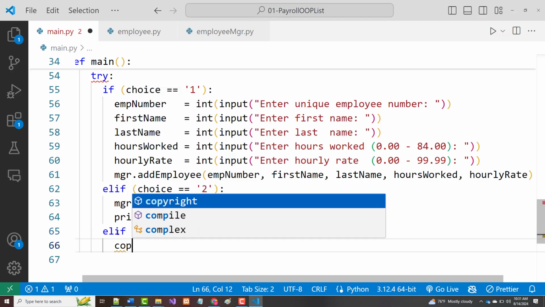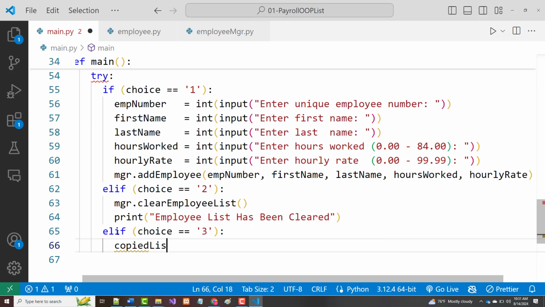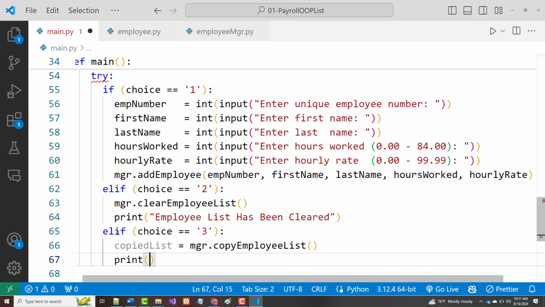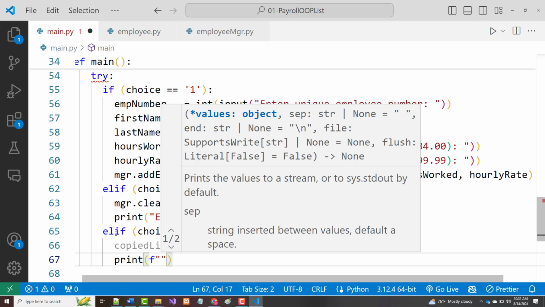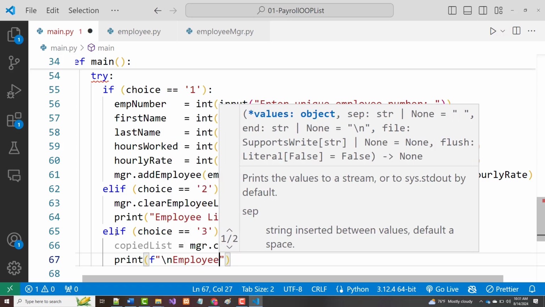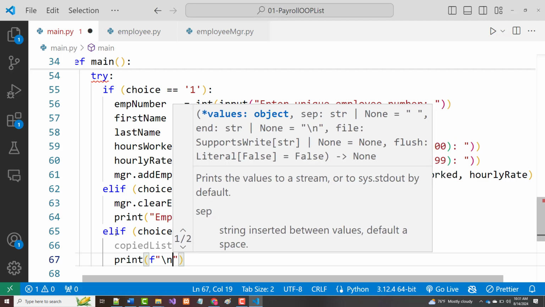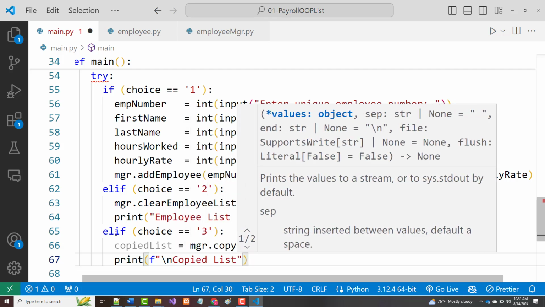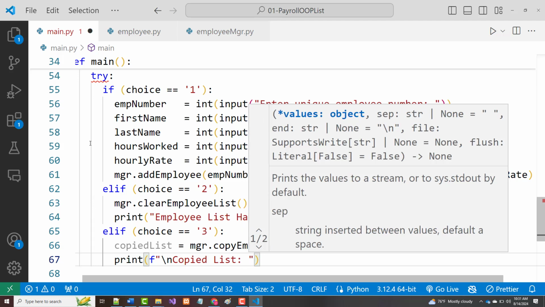If it's a 3, we'll call this copied list equal mgr dot copy employee list, and then we'll print it out. Print, and here we are going to put in an F string. And all I'm going to put in here is just the first name and last name. We can put in whatever we want, of course, but I'm not going to do that. So I'm going to do it like this. And I'm going to put in here